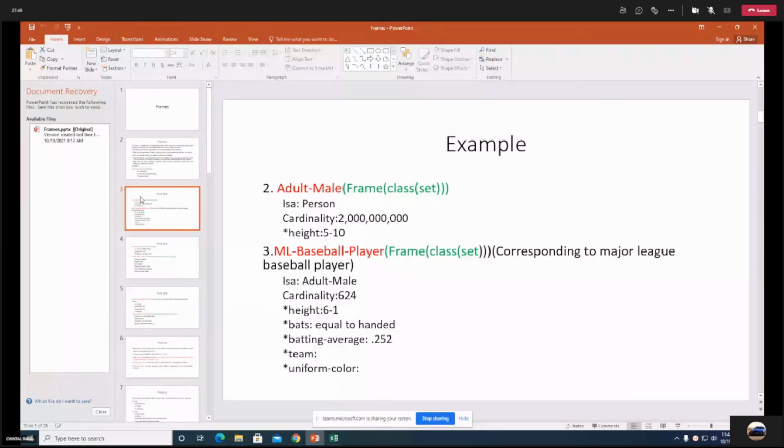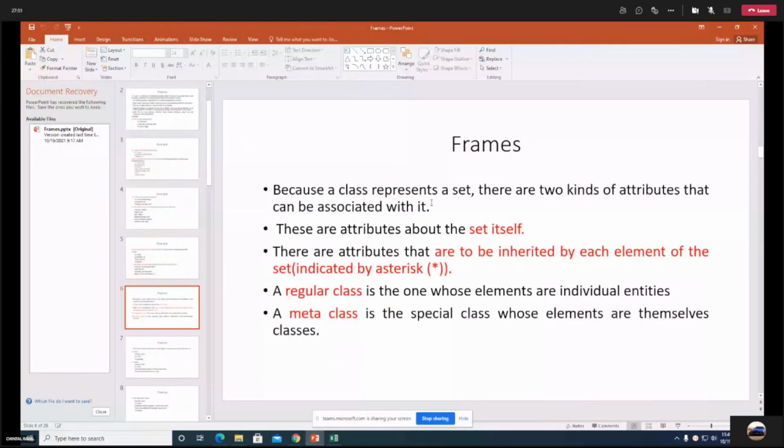There is a regular class and there is a meta class. A meta class is a special class whose elements are classes themselves. This is a very similar concept to the Object class in Java. Every class in Java inherits that particular class Object. The same thing happens over here. Look at this diagram.